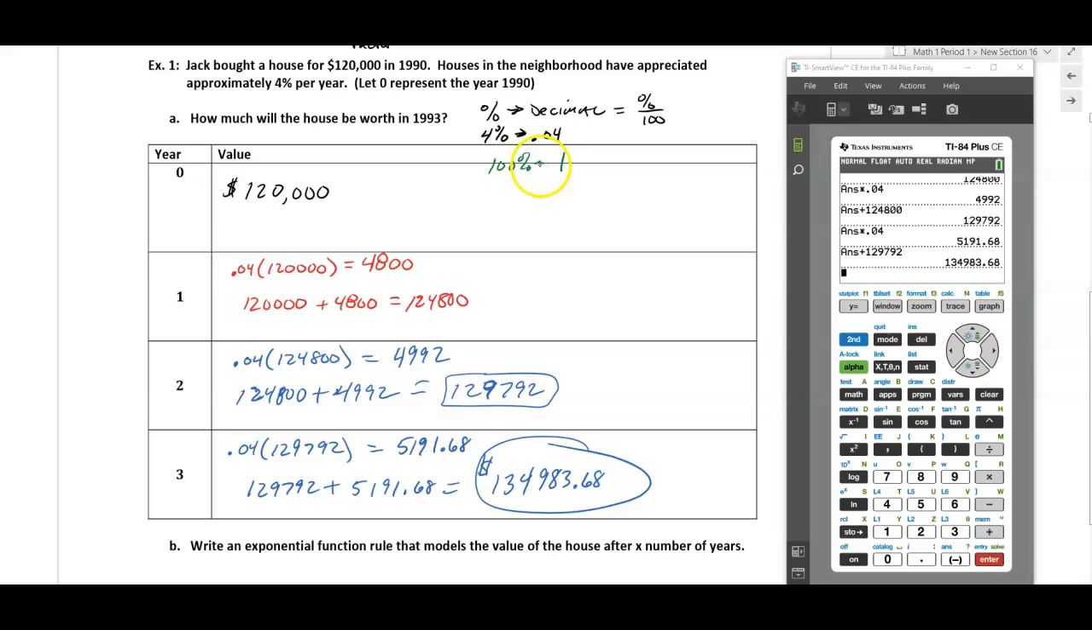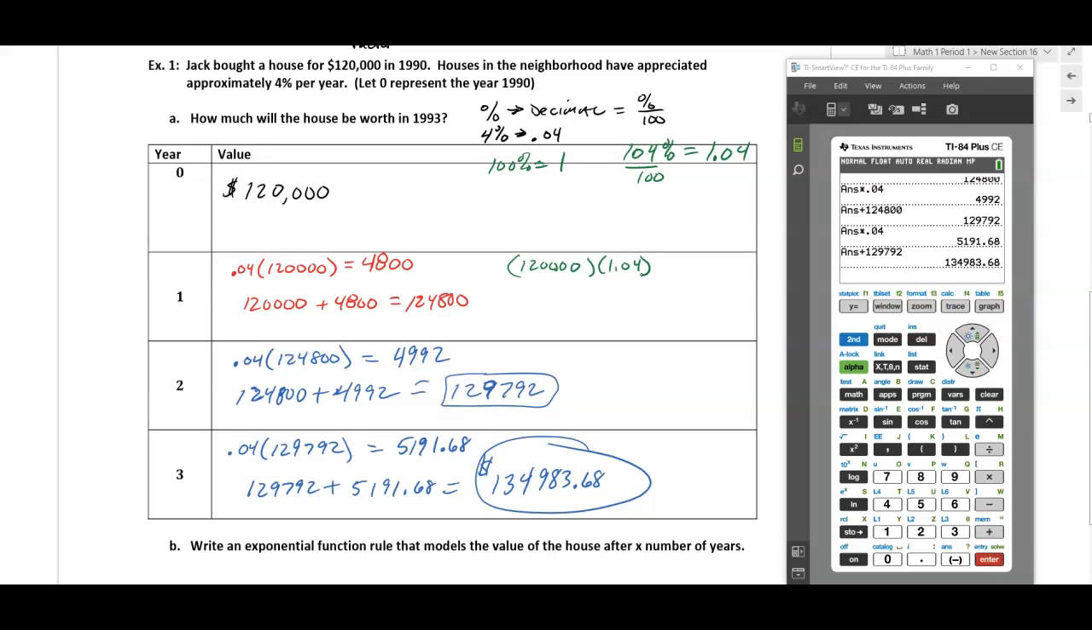is equal to 1. So when I look at it, the value of this house is going to be 104% of the previous amount. So if I took 104% and divided that by 100, it would give me 1.04. And notice here now, if I take the 120,000 and I multiply it by 1.04,